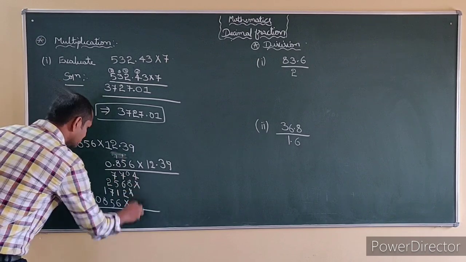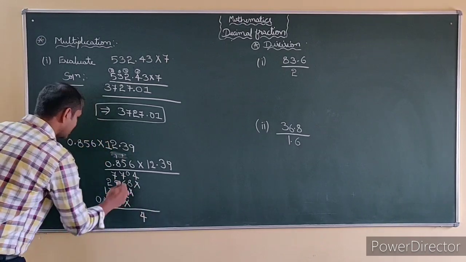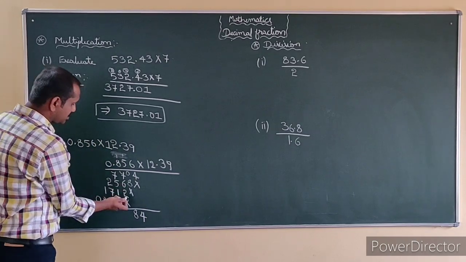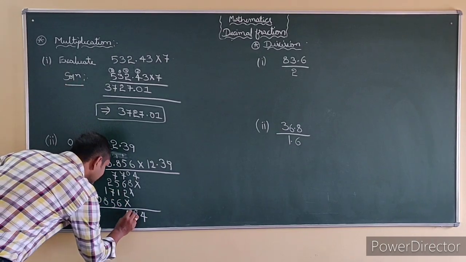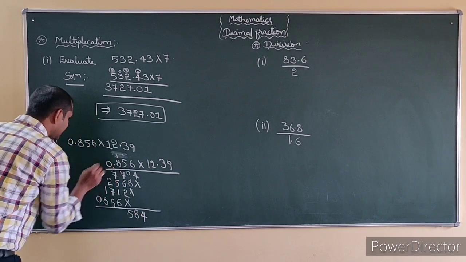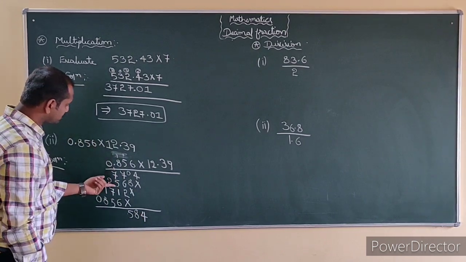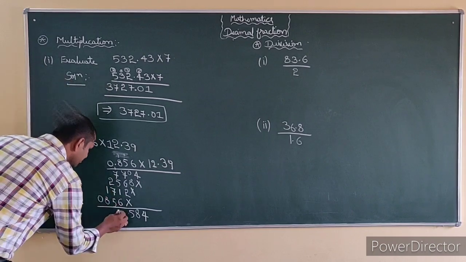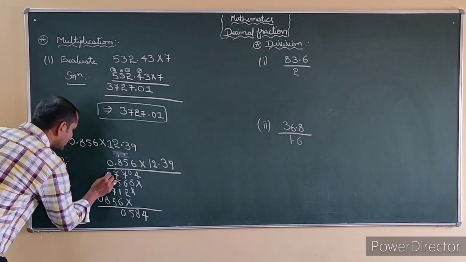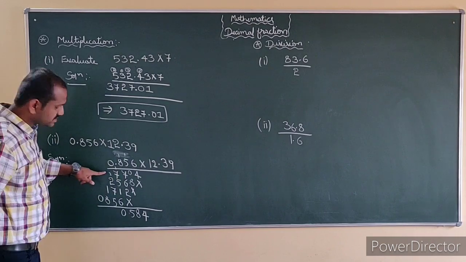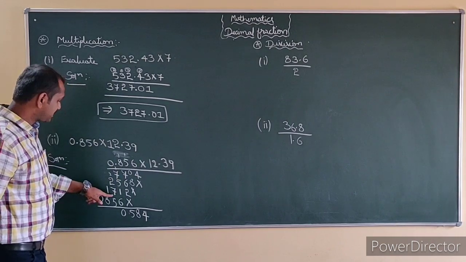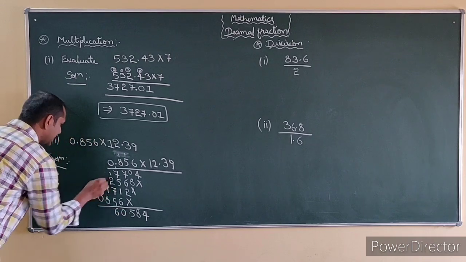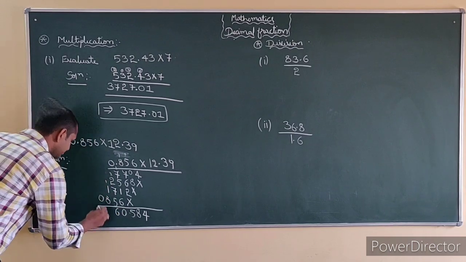So I have to add. This is 4, 8. I have 6 plus 2 how much? 8 plus 7, 15. 5, 1 carry. 7 plus 1, 8. 8 plus 5, 13. 1, 14. 14 plus 6 is 20. So 0, 2 carry here. 2 plus 2 is how much? 4. 7 plus 4, 11 plus 5, 16. 6, carry 1, 8, 9, 10. So